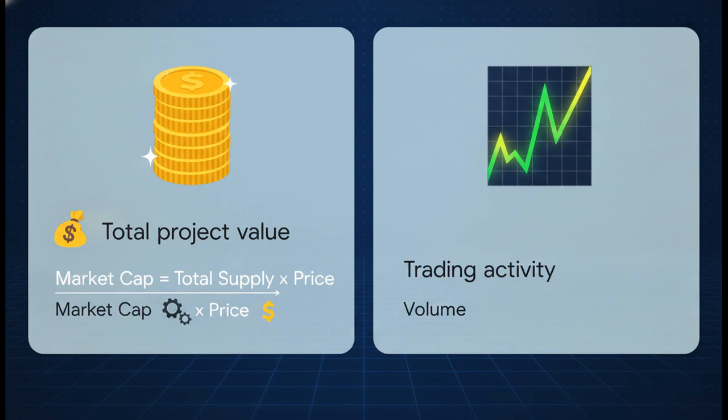Meanwhile, trading volume measures the total traded value. It's the actual buying and selling activity happening within a specific time frame, like the last 24 hours. If market cap is the size of the ship, think of volume as the pulse or the engine activity of that ship. While market cap changes gradually, trading volume can change violently, sometimes within minutes, depending on whether the market is panicking or getting super excited. They sound kind of similar, but they measure two completely different things.